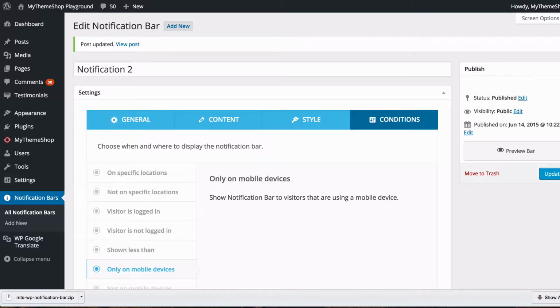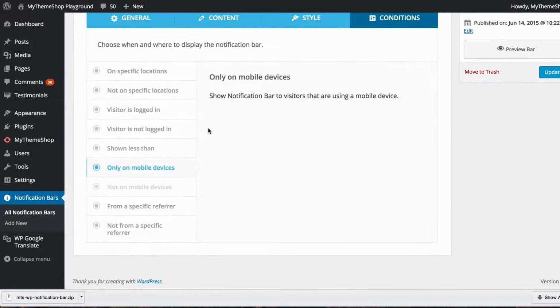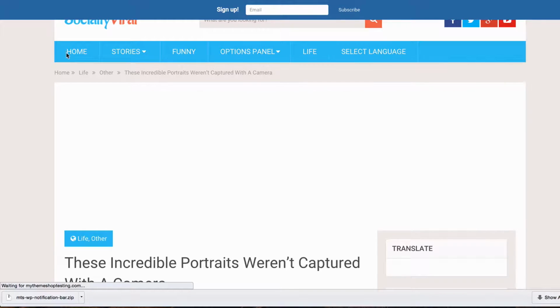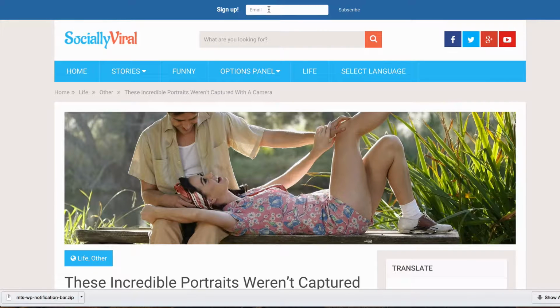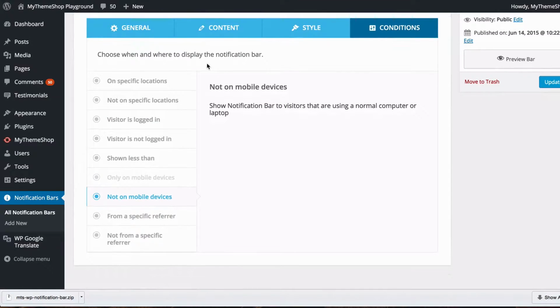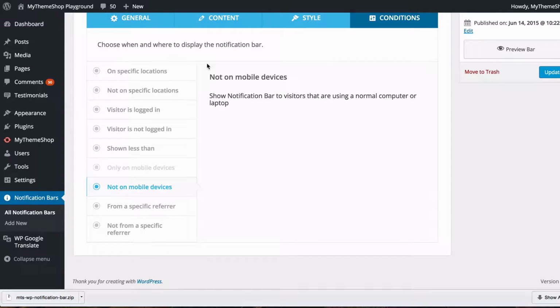Whereas if I was on a mobile device, then that would be showing up. And vice versa, if I just tick the not on mobile devices, then if I refresh that and save, we're going to see the notification bar show up here, but it wouldn't show up on a mobile device such as a phone or a tablet. And you may wish to create an extra notification bar in order to have one targeted at those specific users